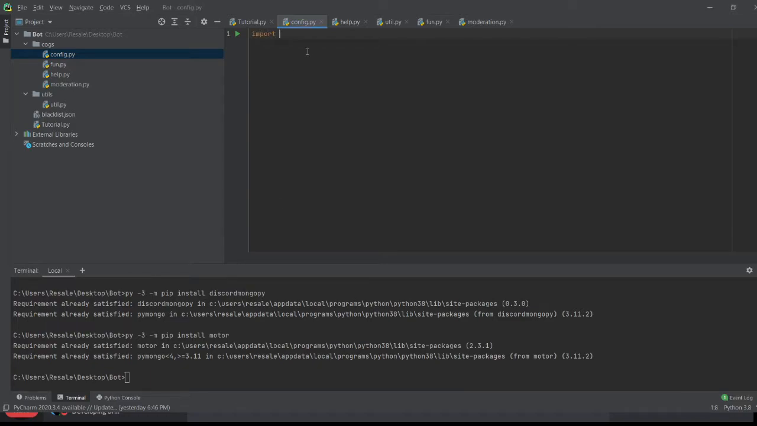So we're going to do import discord, from discord.ext import commands, class Config(commands.Cog), def __init__(self, bc): self.bc = bc. Alright, so now what we're going to do is we're going to make a commands.command, async def